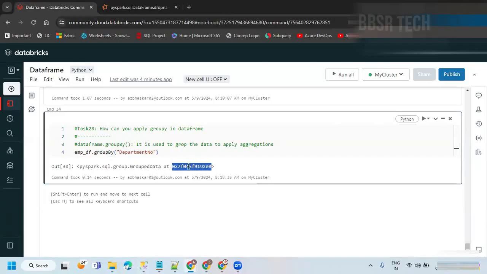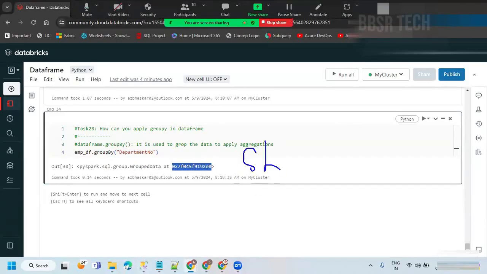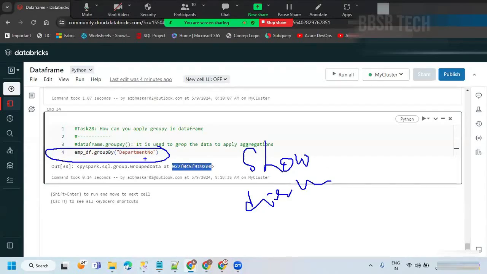So you cannot directly use the show function or display it. This is a group by class. The data is grouped, and what I wanted to do is apply the count operation on top of this. Let's say if we go for SQL,